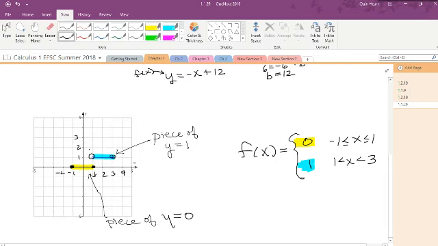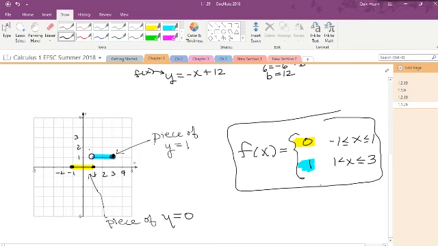But we do have a closed dot at the 3, so we are going to have an 'equal to' on that one. So f of x equals 0 when x is between -1 and 1 inclusive, and